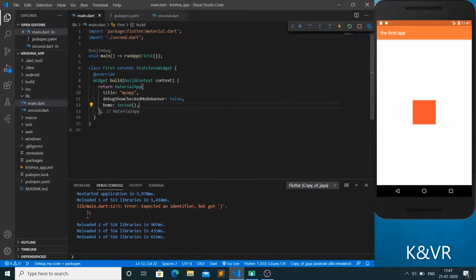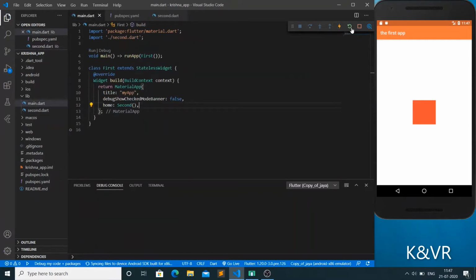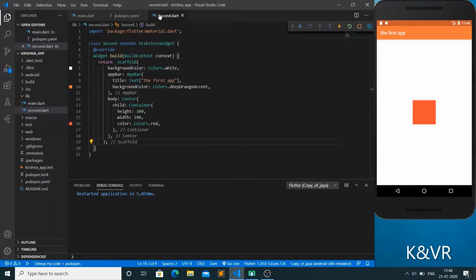Now we have seen how to connect the second page. Go and refresh your app. See the output. No changes in the output, same as before. That's it. Whenever you open your app, it comes to main dot dart and comes here to void main, which will run the first class. In the first class it will run the second class. It comes to the second page, like that it will run.